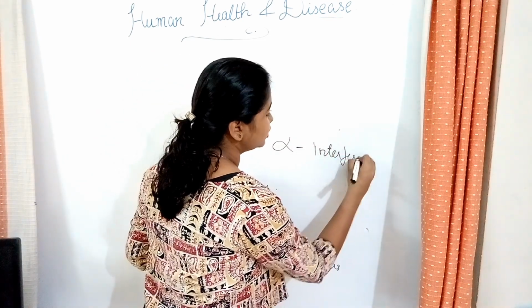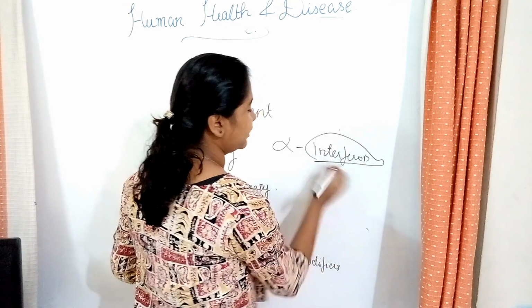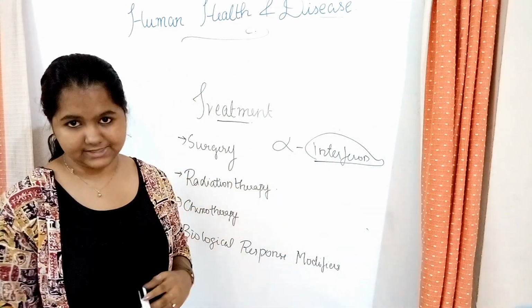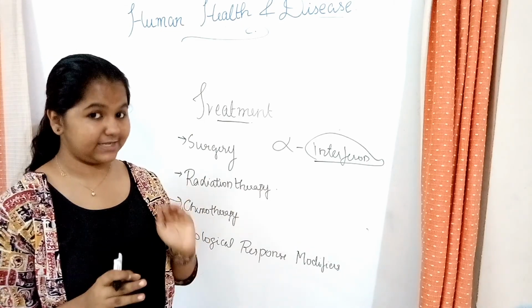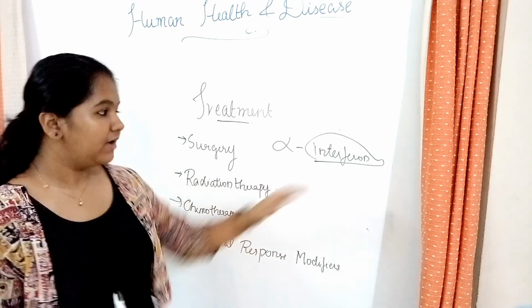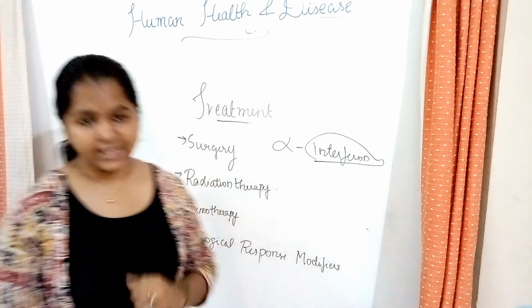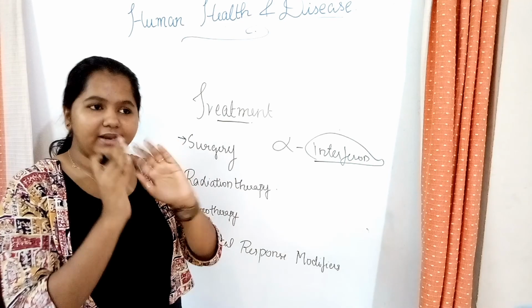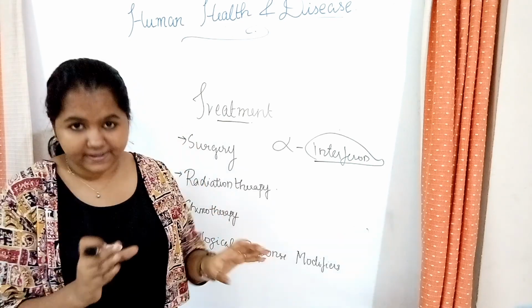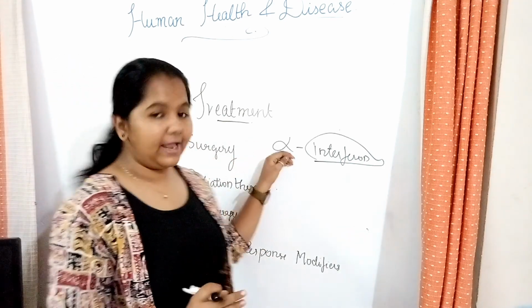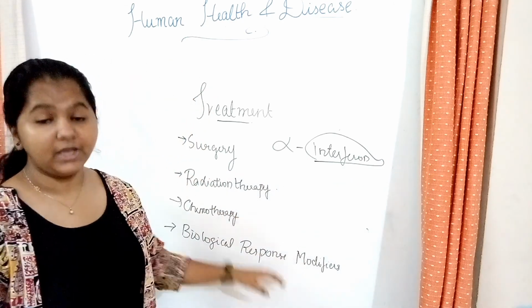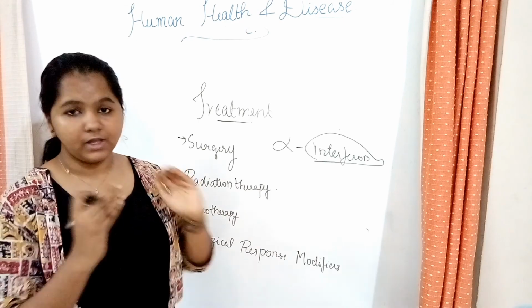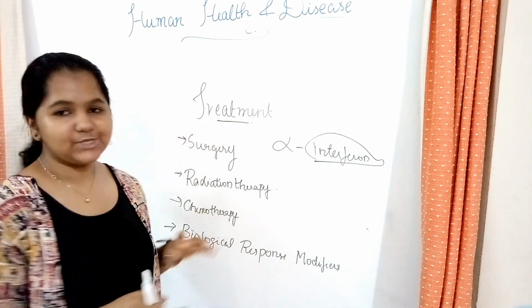When did we learn about the word interferons? When we were discussing barriers, we learned about cytokine barriers. There we learned about interferons. Interferons are proteins that surround the cells which are not affected by the virus. In the same way, alpha interferons are introduced in our body, which will activate our immune system, and that will destroy the mass of these cells. So that is all to talk about cancer.